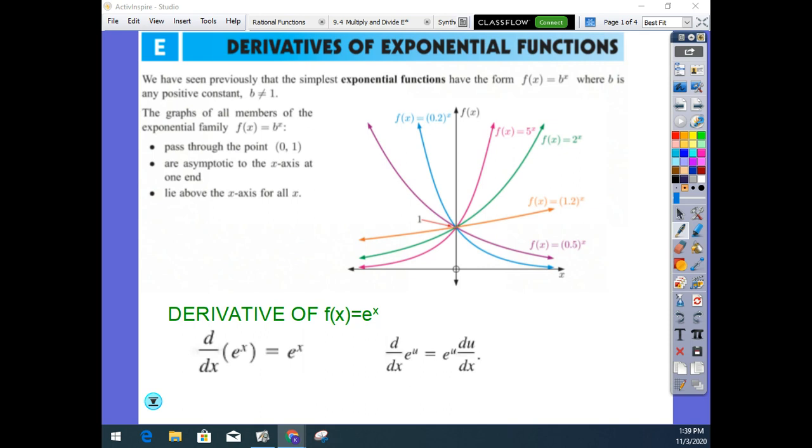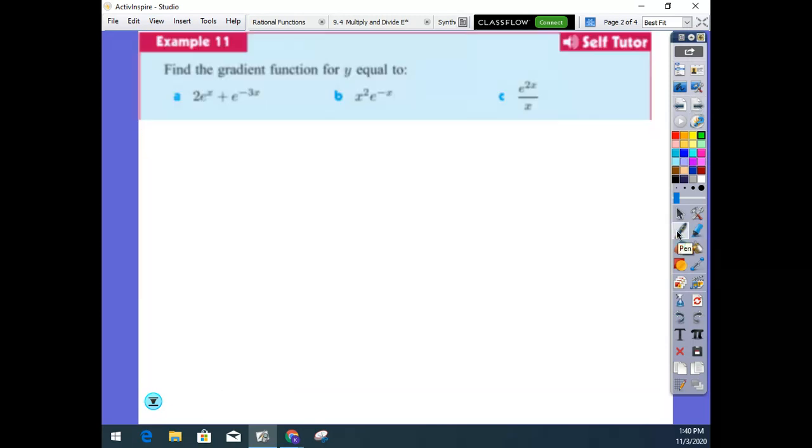So e is probably the easiest derivative that exists. The derivative of e to the x is just itself, e to the x. The one thing you have to be careful about: if there is a function other than x in the exponent, you always have to do the chain rule, multiplied by the derivative of the exponent. Okay, so if I take the derivative